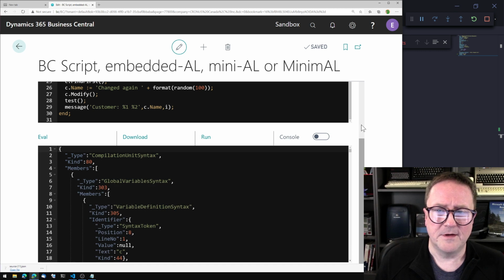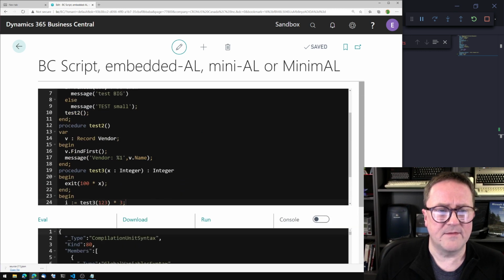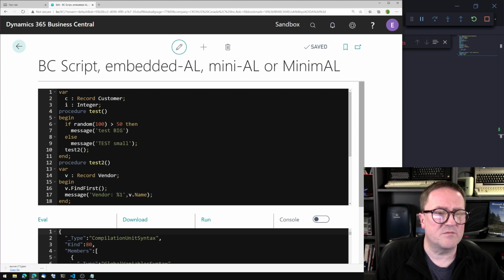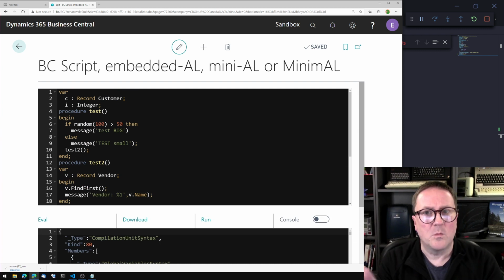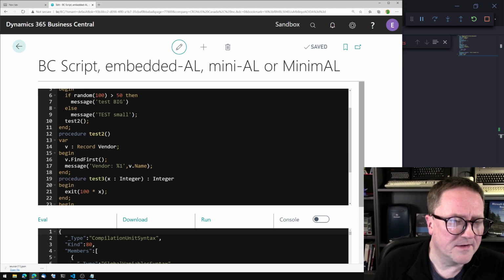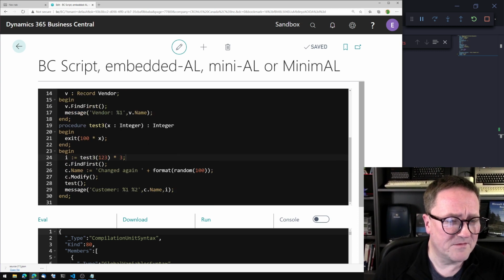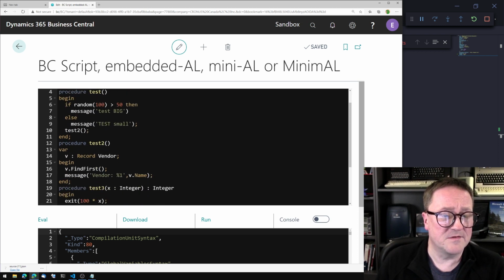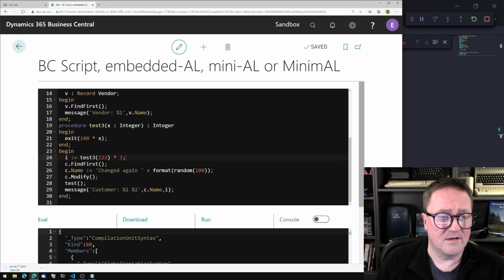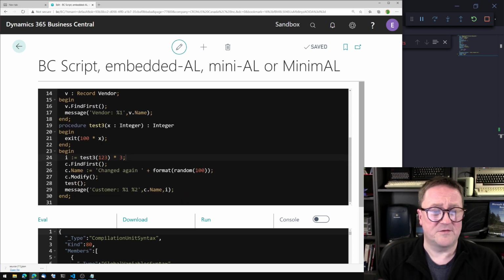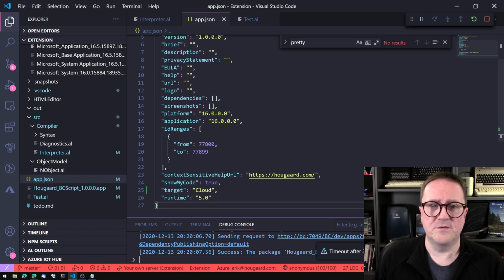And as you can see, this test program is a good indicator of the current state of whatever name this thing has. So we can do a lot of stuff. We can do database stuff. We can do procedures and goals and parameters and variables and if statements, and we can do repeats, and yeah, it can do a lot. But let's go over to